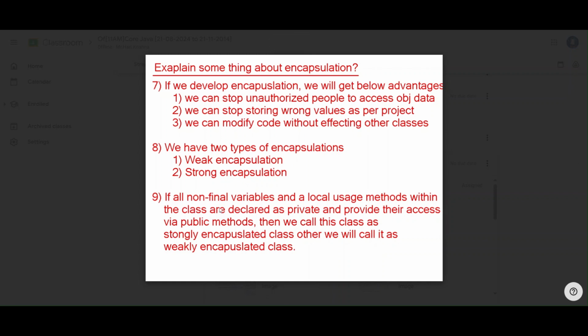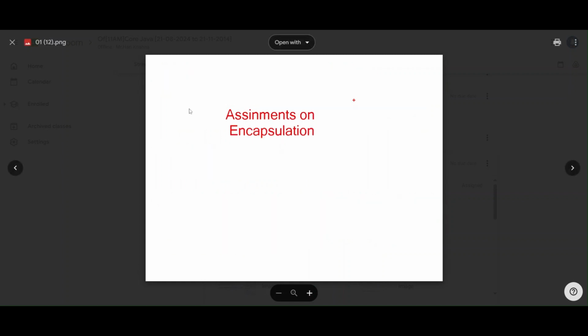If all non-final variables and local user methods within the class are declared as private and their access is provided via public methods, then we call this class a strongly encapsulated class. Otherwise, we will call it a weakly encapsulated class. So this is encapsulation.